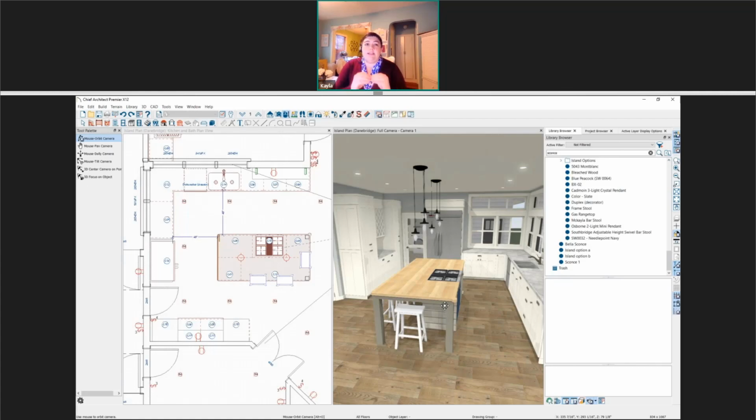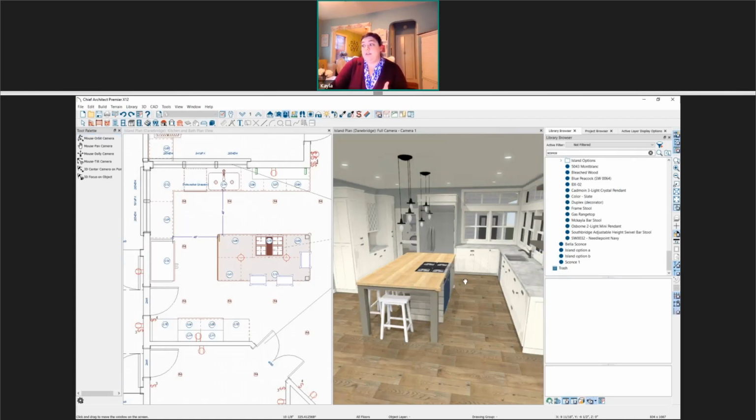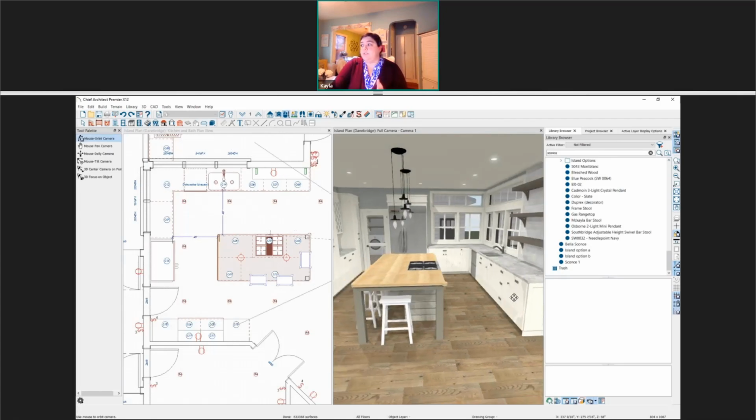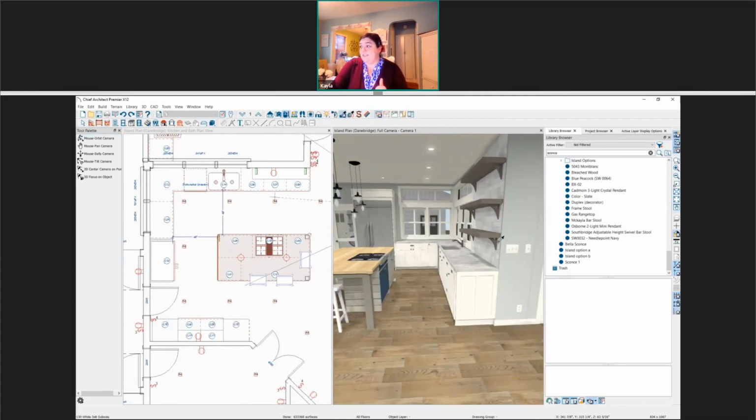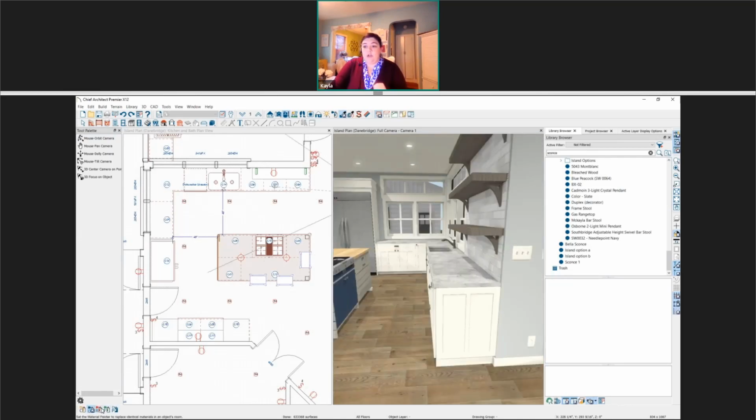So when you're talking about sitting down in front of a client, if you can think about how to set your materials to set yourself up for success. Actually, this particular plan is not set up for success for that. This is a do as I say, not as I do kind of thing. Because if I were to take a material and paste that onto all of the cabinets in the room, they're using the same material as the molding.